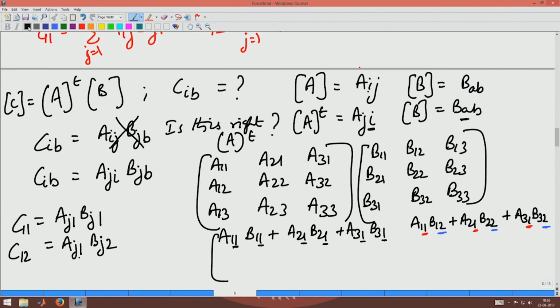Okay. So, basically this is what A transpose B means: you change where the repeated dummy index comes, from A multiplied by B to A transpose multiplied by B. This is important because in many places you will be using this concept of index notation in this course. Okay. Now, let us move along and understand the difference between a vector and a matrix. Now, we have seen matrix multiplication